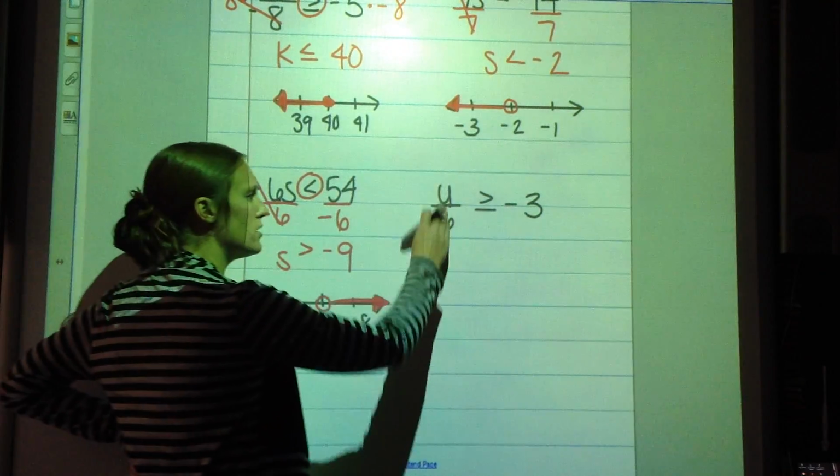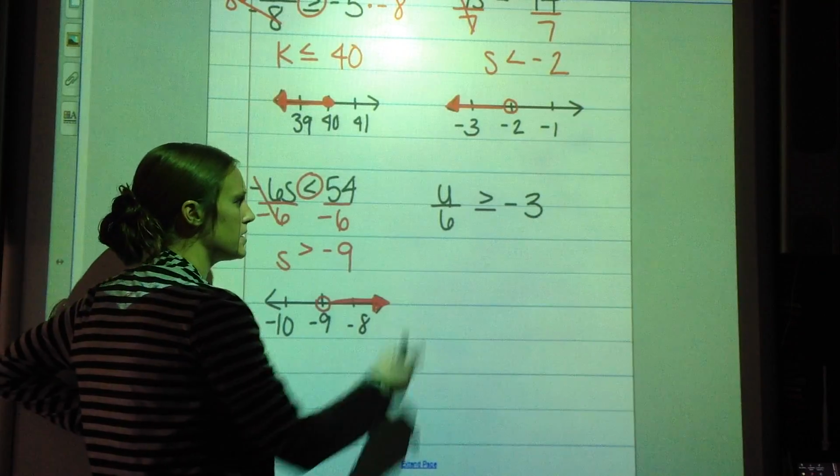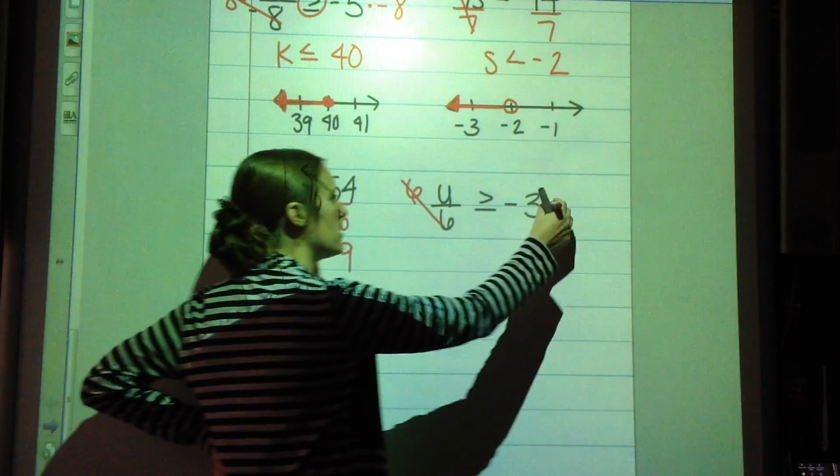Over here, they're dividing, so I'm going to do the opposite and multiply. I'm not bringing a negative over, so I don't switch